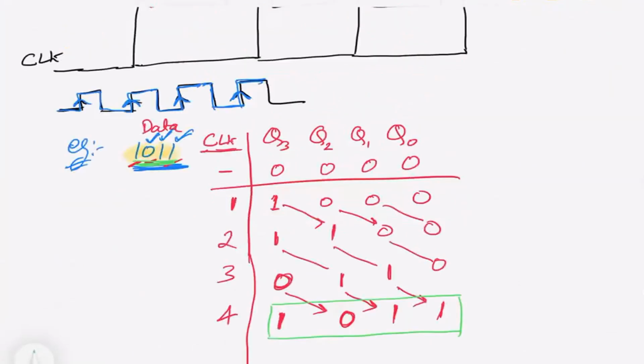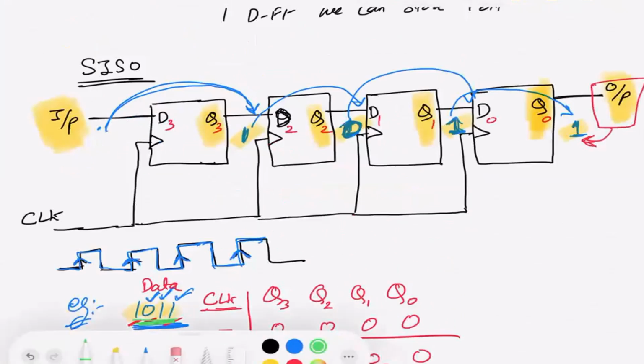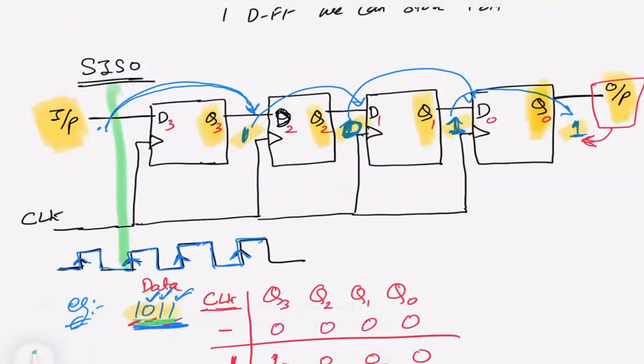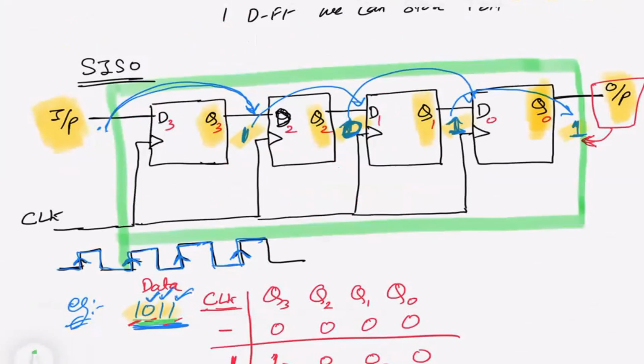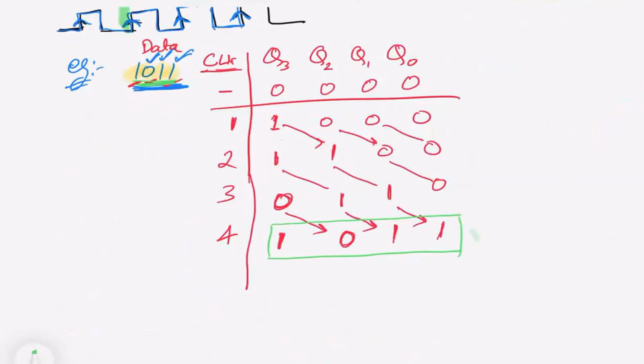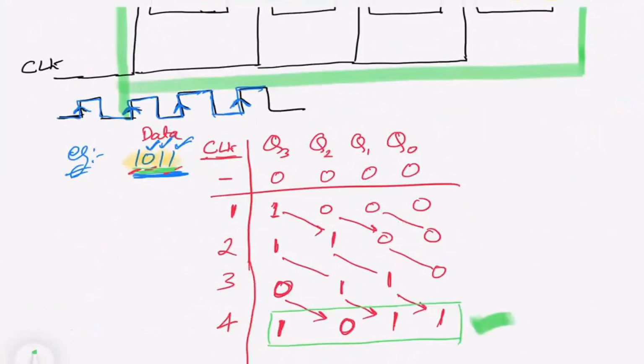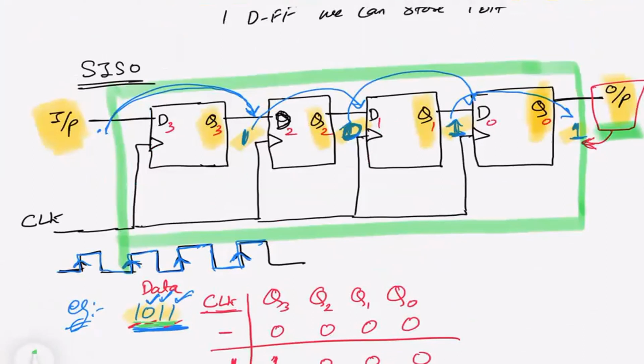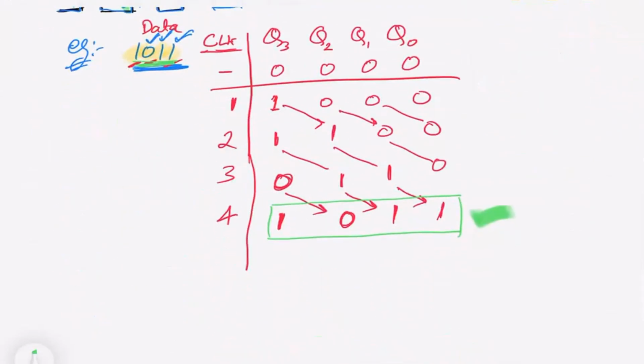And now from this diagram, we can see that if this is my block diagram, meaning this is one box, and in that box, I'm applying only input and clock, and I'm getting output from one location. So after this point, I can take only this last bit, which is 1, at this output location. So we need to do something so that we can get other data which are stored in Q1, Q2, and Q3. So let's see what we need to do for retrieving our data from the data register.